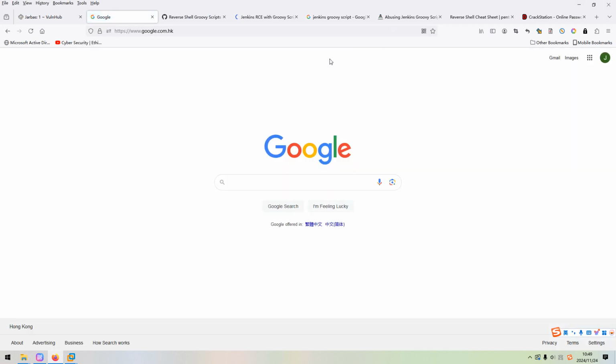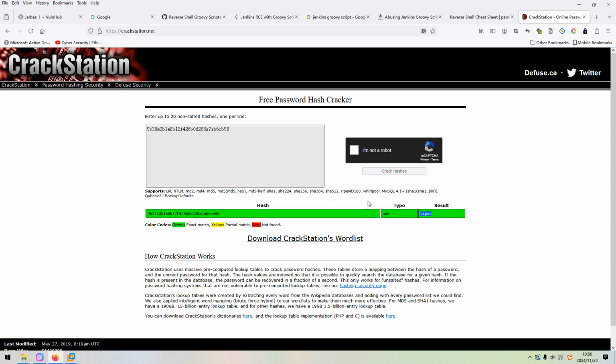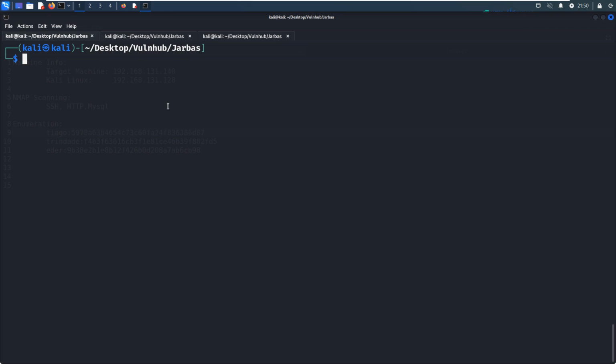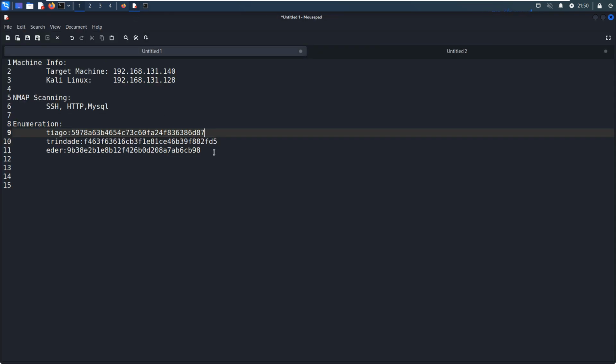I think I've already opened up this one. So for example, this hash has been decrypted to this one. We can copy and put in here. And how about this one?